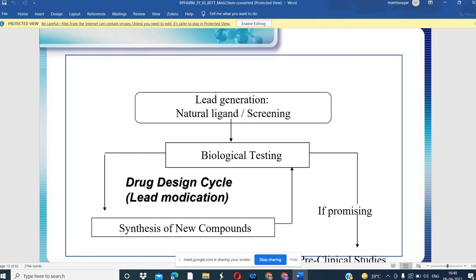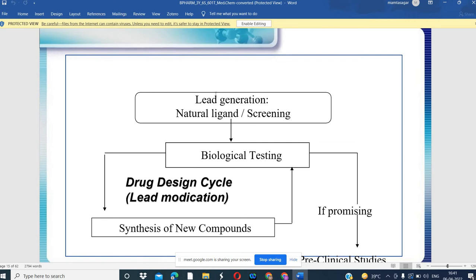So in that process we generate a lot of lead molecules. For that, like we have extracted the molecules from the plant. Now we don't know which molecule works against the disease because it is a composition of different molecules and different chemicals, because one plant will contain a lot of chemicals, like maybe 5 or 10. So in the same mixture there can be the presence of different compounds. So how will we come to know which is going to work against this disease?